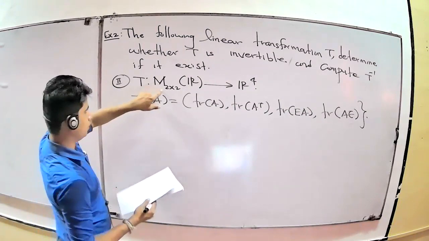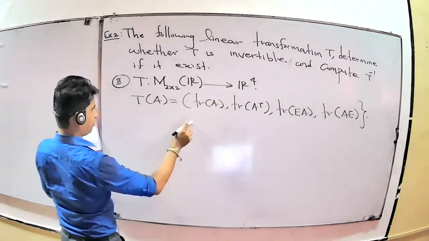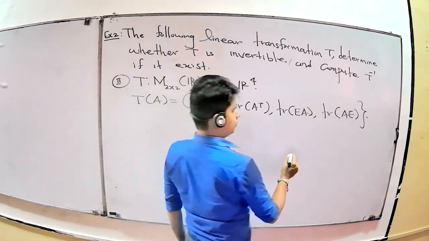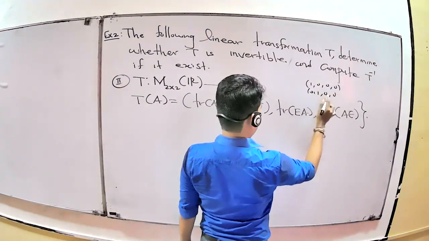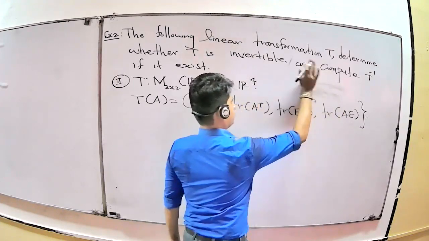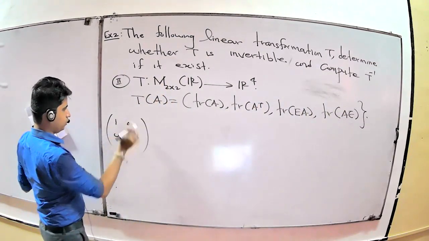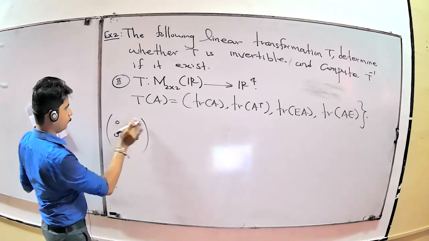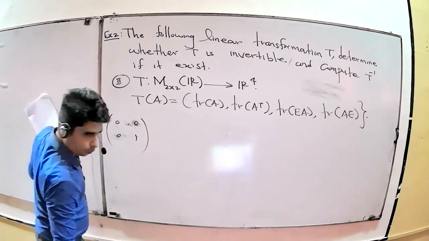Here your ordered basis beta is this matrix, no? You know the form of the matrix as beta. Here R4 means that the first element is 1, other elements are 0. For 4 elements, you know this ordered basis, no? 1 0 0 0. Second 0 1 0 0. Third one 0 0 1 0. Last one 0 0 0 1. Like this, your ordered basis. For the 2 cross 2 matrix, first is 1 0 0 0. This is the first ordered basis. Second is 0 1 0 0. Third one is 0 0 1 0. Fourth one is 0 0 0 1. Therefore these are the ordered basis, right?